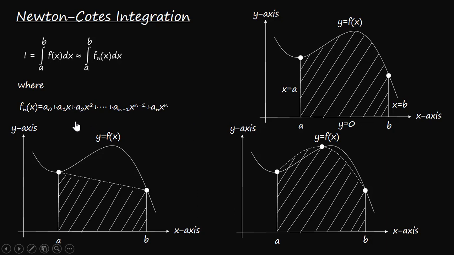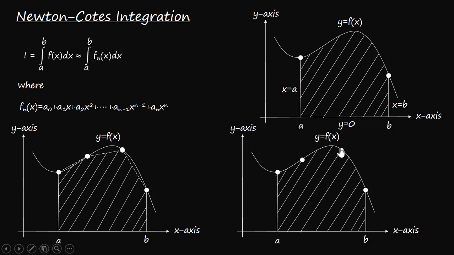We can get even better approximation by applying multiple linear functions. Here you can see that there are 3 straight lines, and the area and the integral approximated is even better than the single application of linear function or single application of the straight line. Similarly, we can also use multiple parabolas, and the approximate area is pretty much close to our exact area.